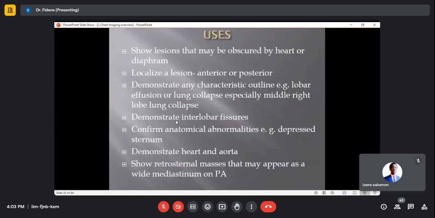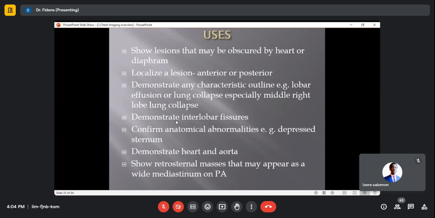So, when do you use the lateral view? I told you, it shows the region that may be obscured by the heart and the diaphragm. Remember the hidden areas of the lungs. It can localize the region anterior or posterior. I told you, demonstrate any characteristic outline, lobar effusion, or lung collapse, especially right middle lobe collapse, demonstrate interlobar fissures,